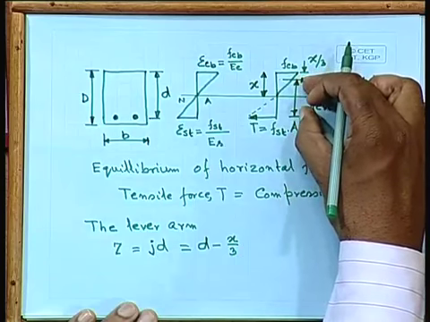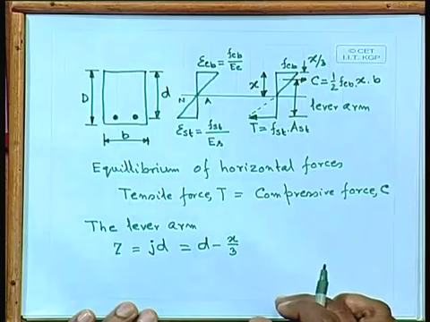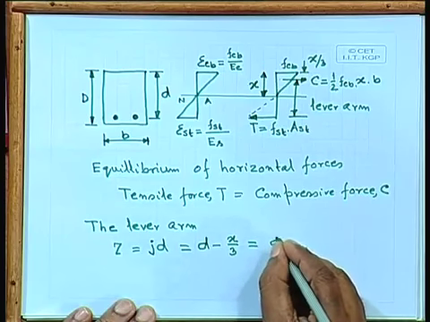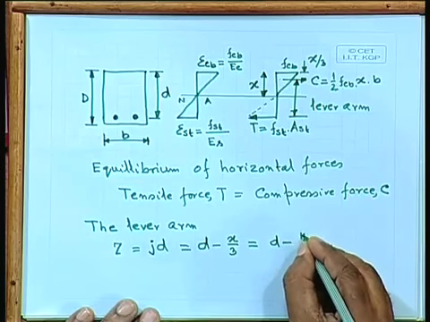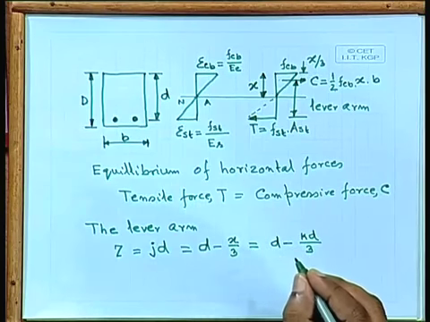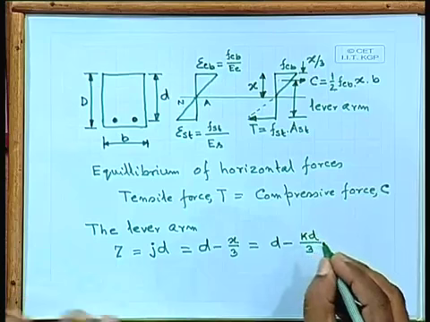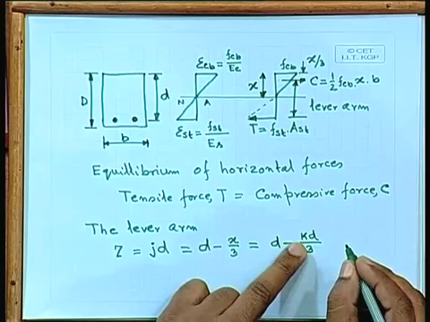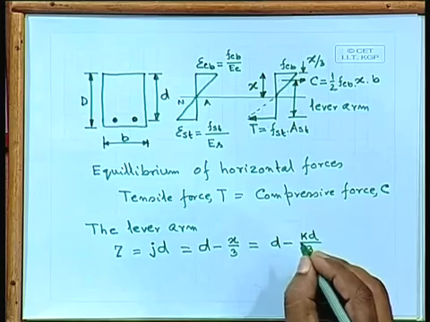So, this will be equal to D, effective depth, minus x by 3, that will be your lever arm. Again, x we can write as another parameter, say kD. I am assuming x is nothing but another fraction of the effective depth. We are considering everything in terms of effective depth. So, another fraction, say k. First we have considered j, and another coefficient we are considering, say k. So jd is the lever arm,